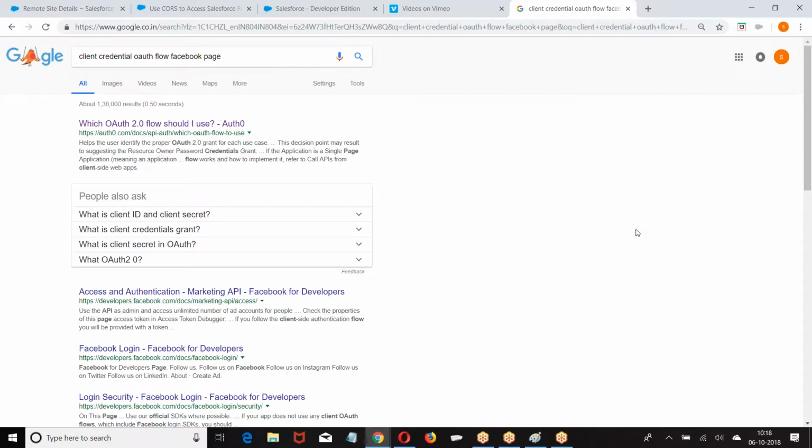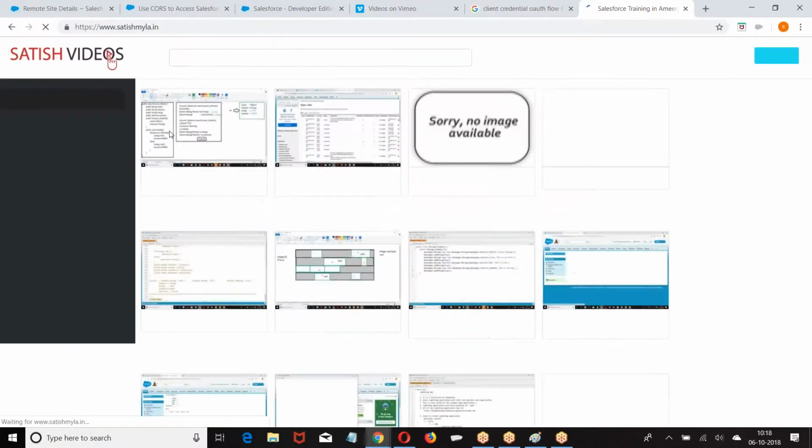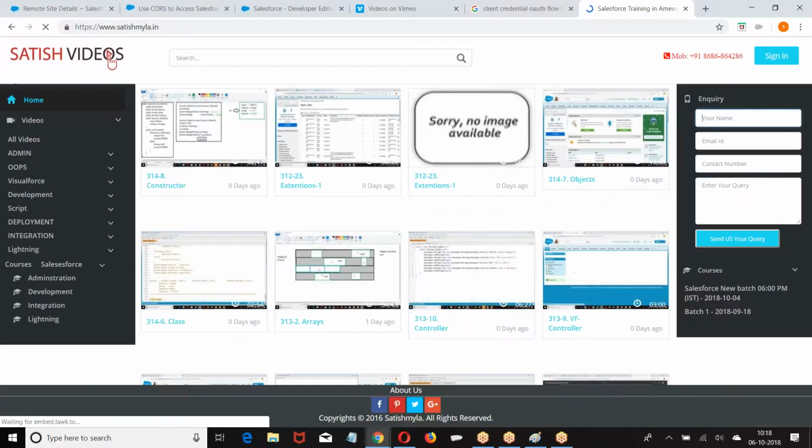Now some third party applications are there, a Java application is there. Simply they'll ask you to enter username, password. Now that is not open authentication. Straight away I am making a request to the server saying this is my username, password. Now I don't want straight away access. Now you have taken my Satish Mehta website, boss. When you take my Satish Mehta website, here you are giving straight away username, password. It is not a connected app.